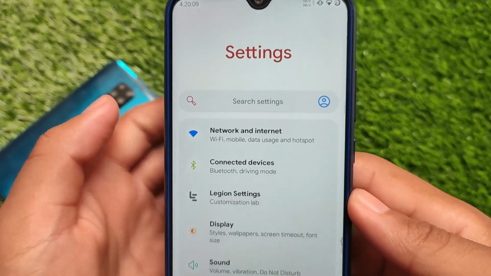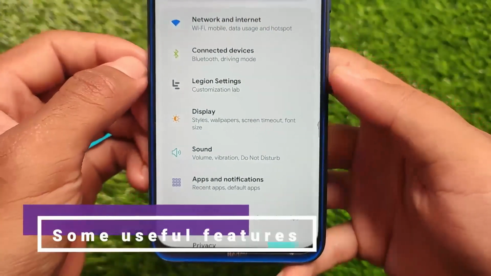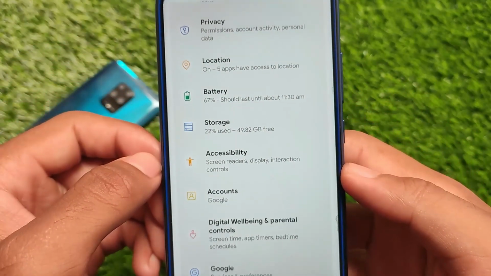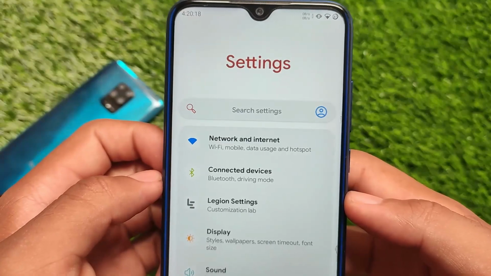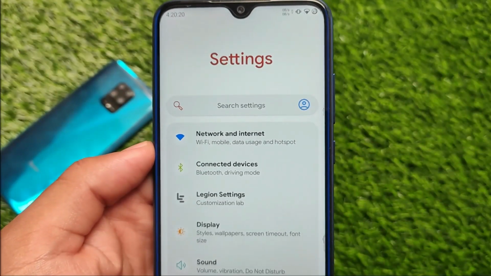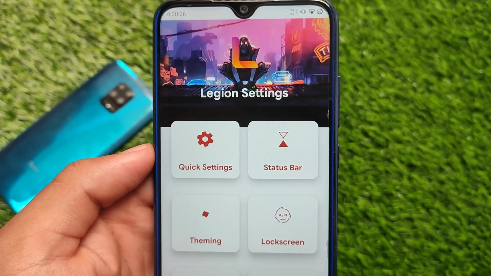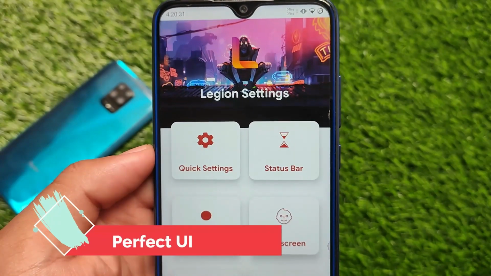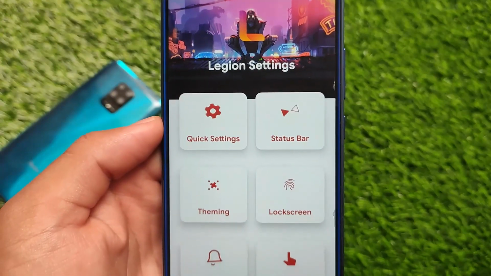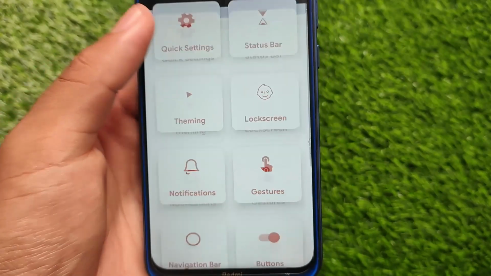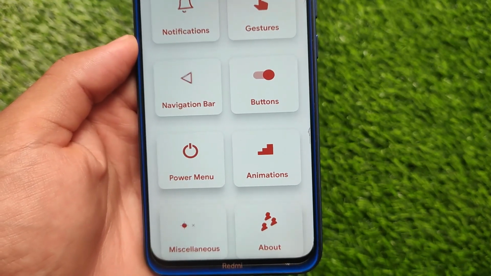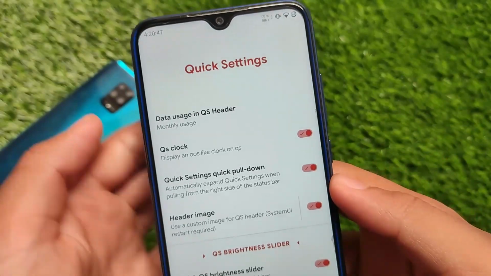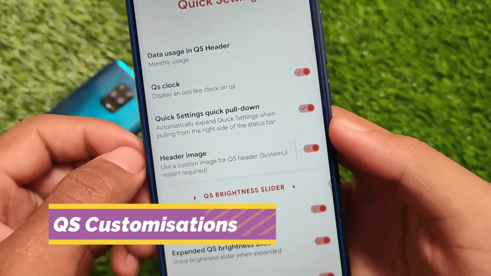Okay, here in this video we're just going to talk about the features, as the other things of this custom ROM are basically same, other UI things, launcher, etc. We're just going to talk about the features which you get in Legion OS because it has very good kind of UI. They've improved a lot of things, and as you can see, this is the settings UI we have right now. The UI looks quite good enough, and as you can see, animated icons everywhere, quick settings, notification, gestures, power menu, etc. As always, customizations are kind of same like other ones, but yes, the UI is a little bit different, a bit something good enough.